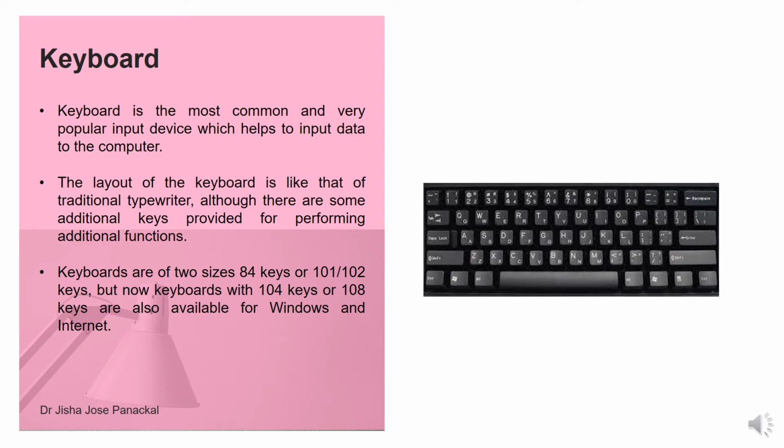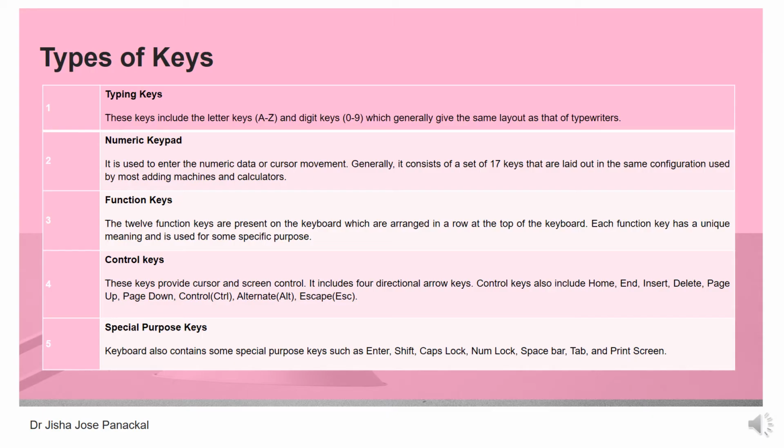Keyboards are of two sizes, 84 keys or 101 or 102 keys. But now keyboards with 104 keys or 108 keys are also available for Windows and Internet. The keys in a keyboard can be of varying types. First one is typing keys. These include letter keys A to Z and digit keys 0 to 9, which generally give the same layout as